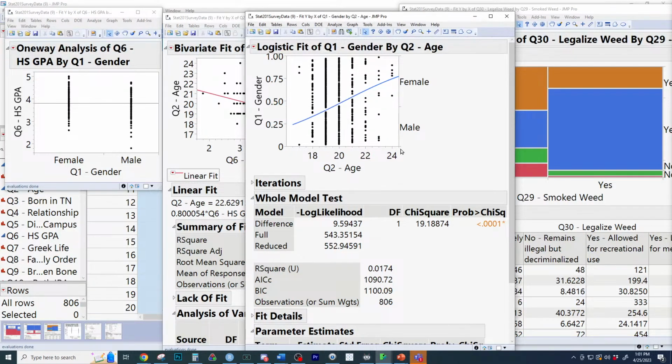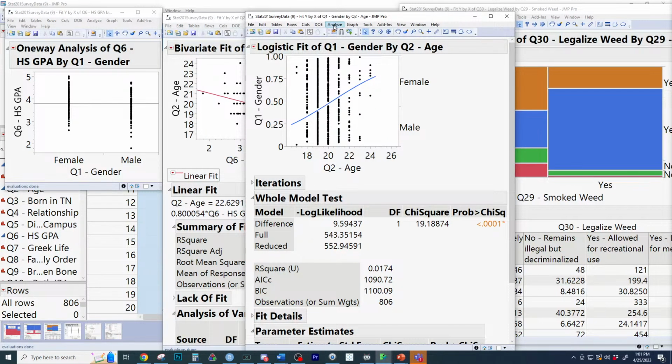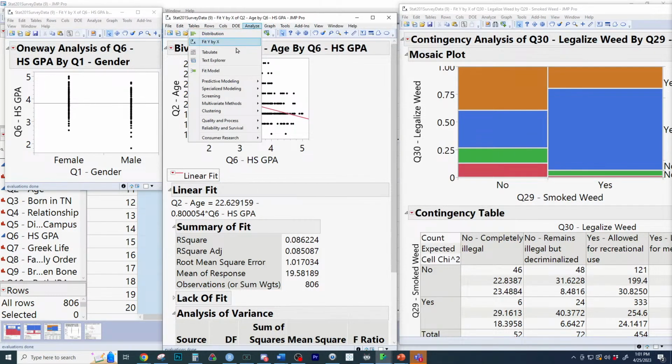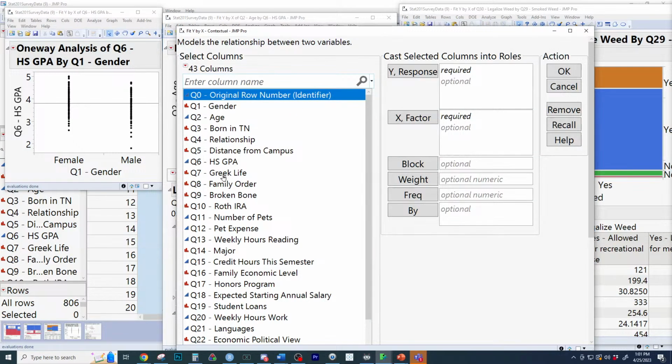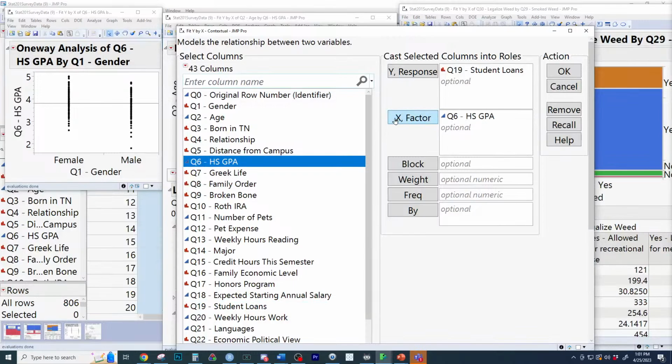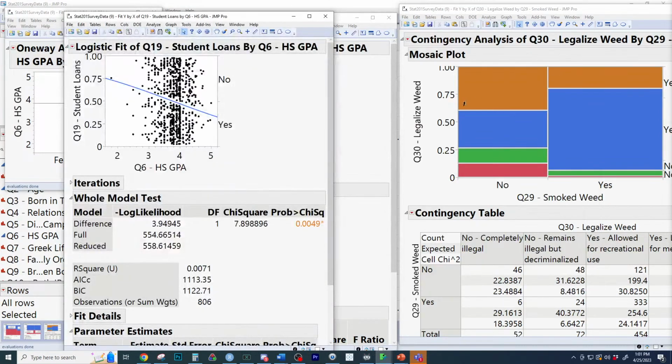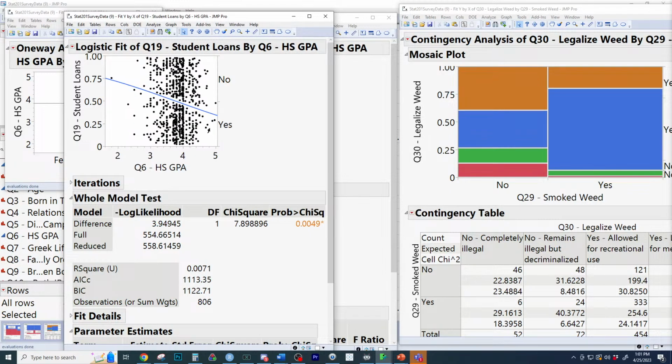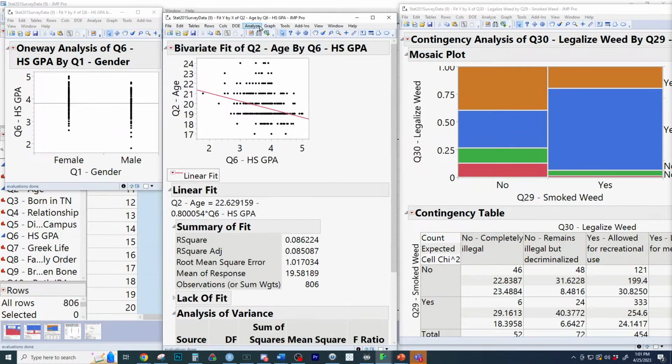I wish here we'll show it. There's, oh, really? You got to show the sigmoidal S-shaped curve. Okay, we'll do a stronger relationship. It actually runs the logistic and shows you the curve right away. So let's go here to student loans explained by high school GPA. Should be sigmoidal down. It is. My only qualm is you really can't see the S shape to the curve because it looks like a line.